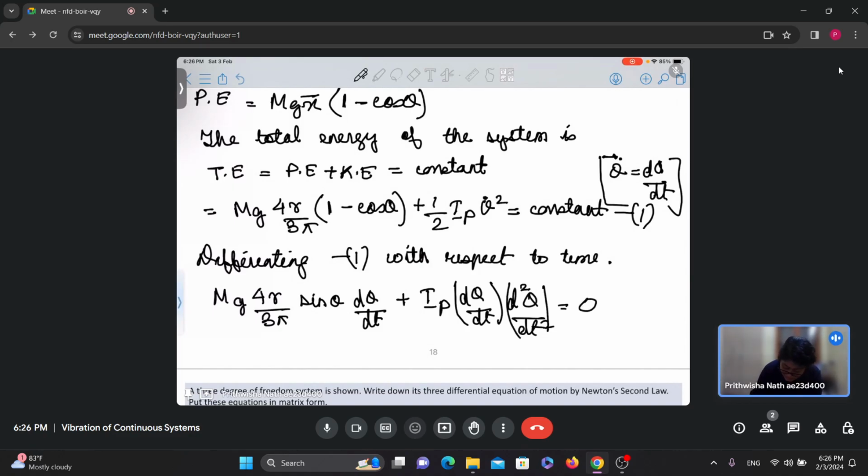Now cancelling the common terms, the equation becomes